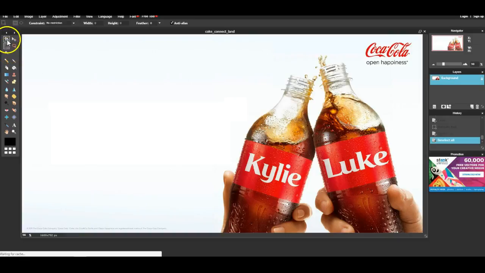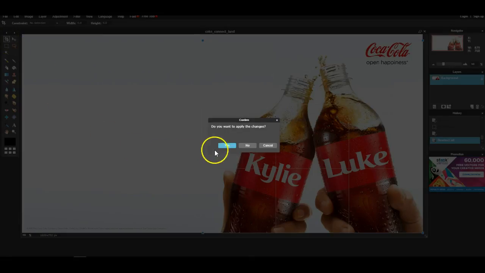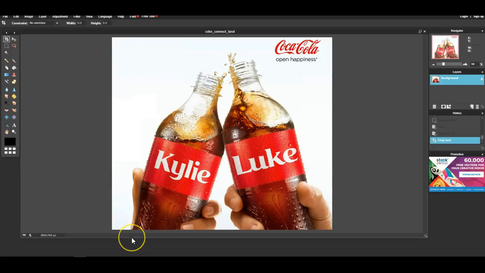I can go up to crop and select what I would like to keep. Maybe this is all I want. Once I've selected it, I do have the ability to adjust that and resize it if I want. And then I can go over to crop again and say, yes, I want to apply those changes. So now I'm down just to the things that I wanted,